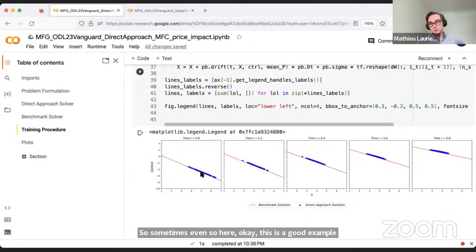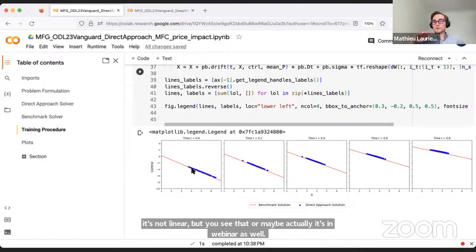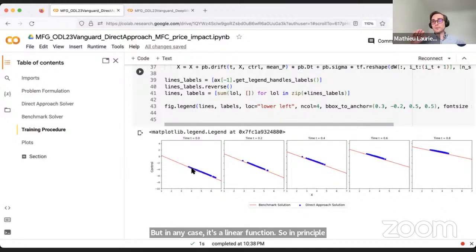So actually not really, because it's a function of time and x. So as a function of x, it's linear. As a function of time, maybe it's not linear, or maybe actually it is linear as well. But in any case, it's a linear function. So in principle, you need very few parameters, right? Maybe just 3 or 4 or very few parameters. But in practice, if you take a neural network with just 4 parameters, it is not going to learn very efficiently. So there is one question, which is the approximation error, the theoretical approximation error, which is